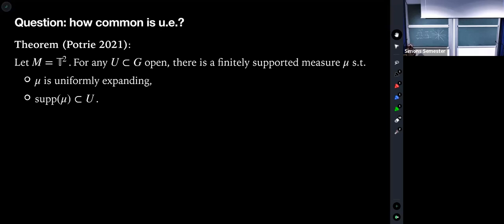As an example of this, Brian Chung in 2020 actually looked at random perturbations of the standard map, and he showed that that thing is uniformly expanding. So that thing has to have positive top Lyapunov exponent, but you can't conclude anything about the Lyapunov exponents of the standard map from that perturbation, no matter how close you can get it. Somehow the randomness isn't quite enough to say things about very specific maps. But this is very useful. It tells us that these things are very common.